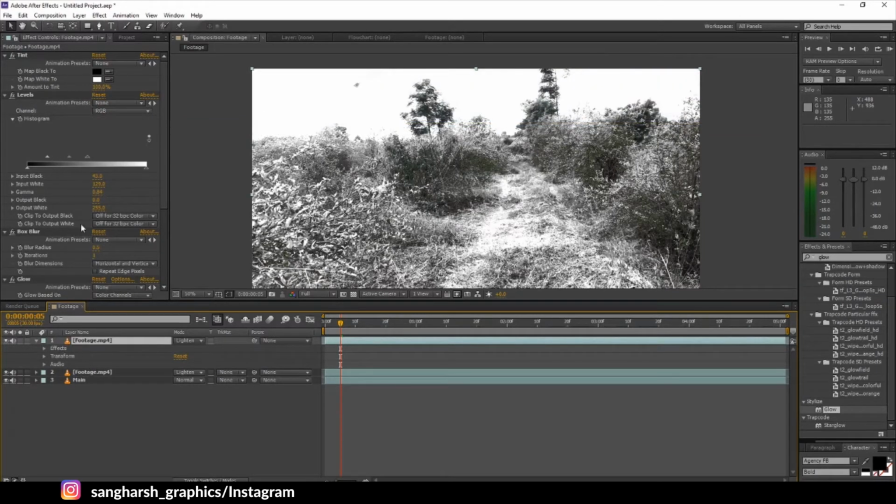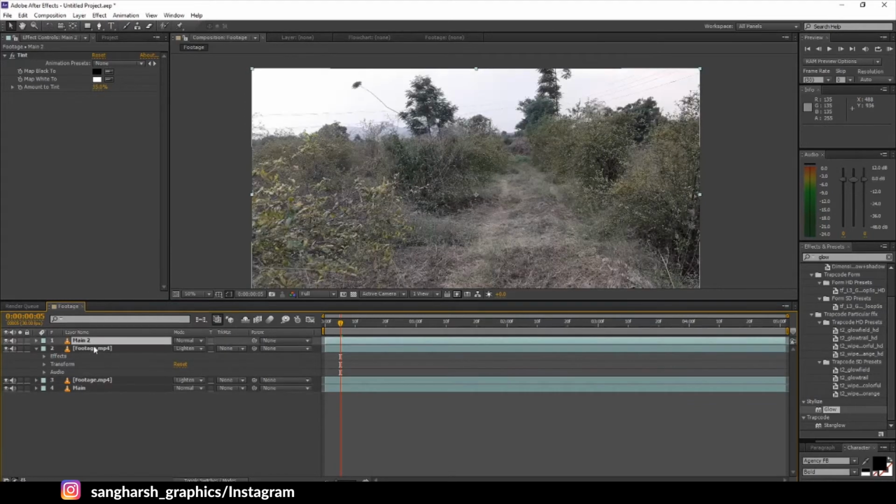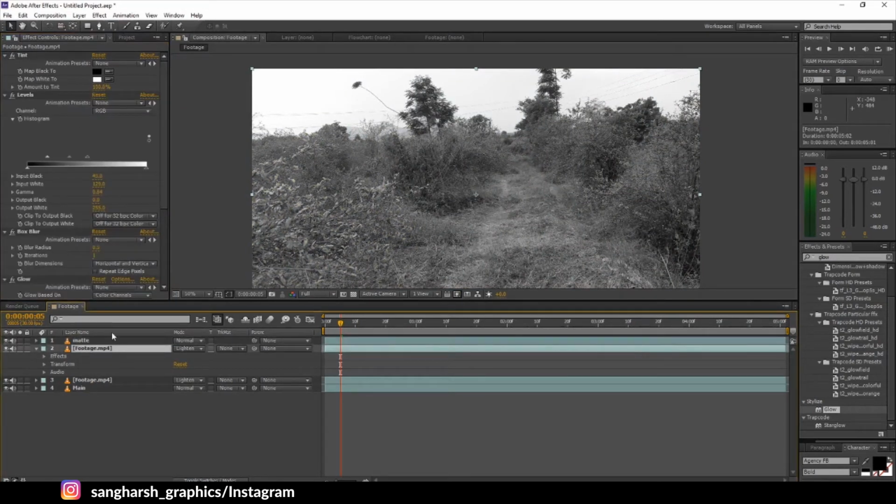Now select the main layer, press Ctrl D, drag it all the way to the top and rename it as matte. Make the tint 100%, just fine for now.